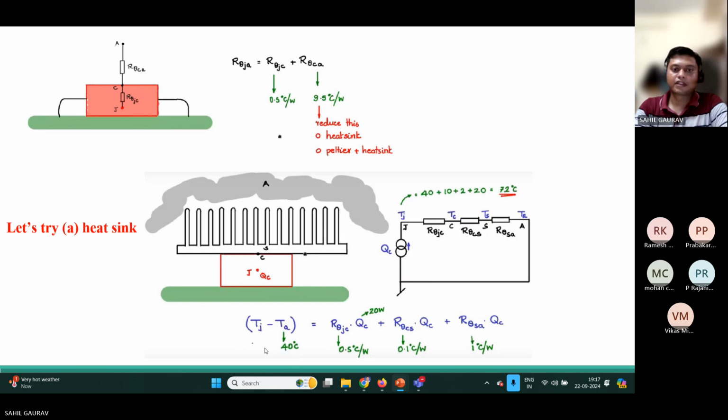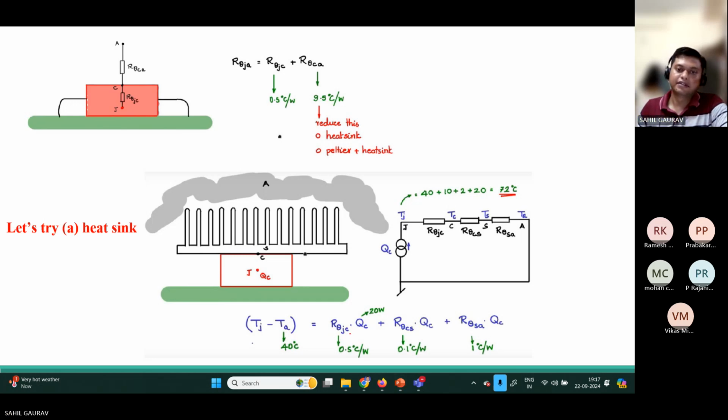Now if you want to write the expression for the circuit, it will be Tj minus Ta, junction temperature minus Ta, equals R theta JC into Qc, the amount of energy extracted. You can treat this Qc as equivalent to current in an electrical circuit, R theta JC as resistance, and temperature as voltage. So if R theta JC is 0.5 degrees Celsius per watt and Qc is 20 watt, then this will come as